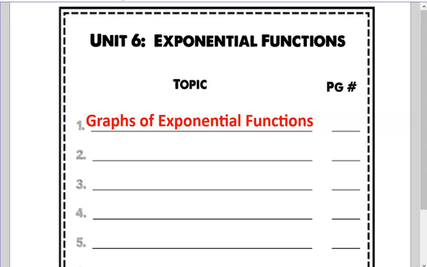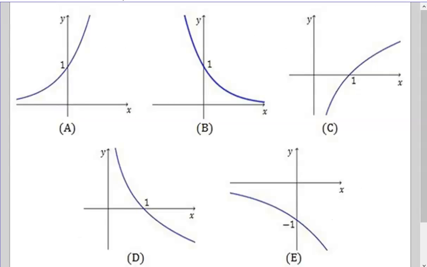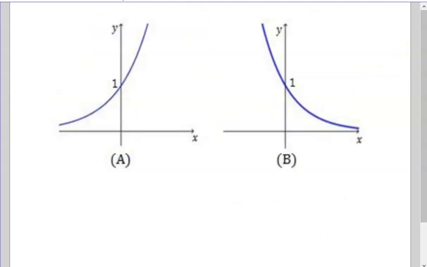In this video, we'll talk about graphs and equations of exponential functions, so follow along in your notes. Here are some pictures of some exponential functions. The two that you'll mostly be working with will be shaped like these two here, where as you read your